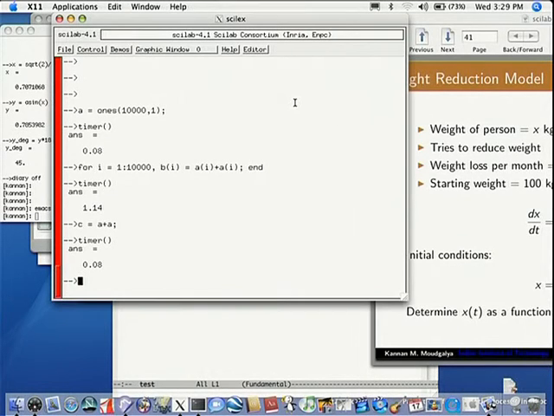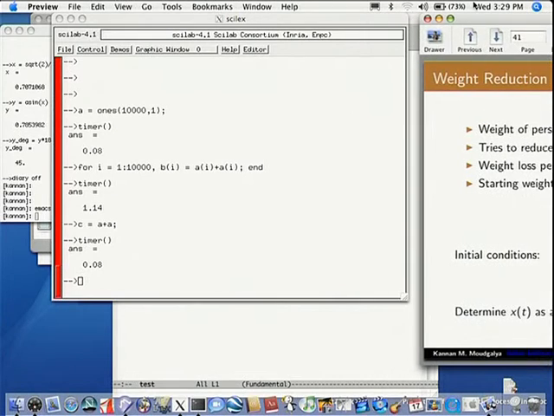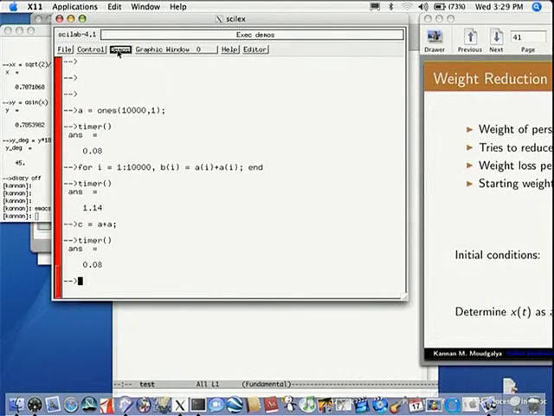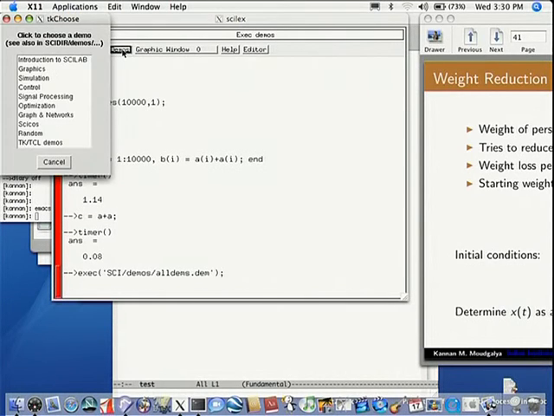The other thing, so it is possible to do a lot of calculations. What I want to do is show you some of the graphics capability. That also gives an opportunity for me to go through some of the demos. If you recall this, I wasn't too happy about this introduction to Scilab, that's why I switched over. The reason is that there is an attempt to introduce a lot of things in this basic introduction, which I thought is probably a little advanced. Let's go to the graphics.